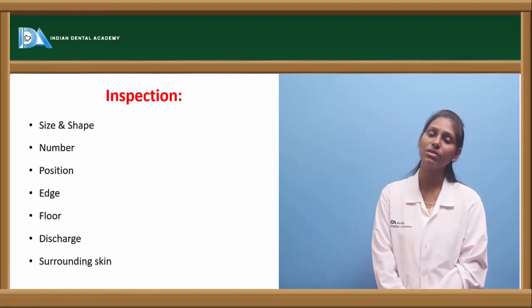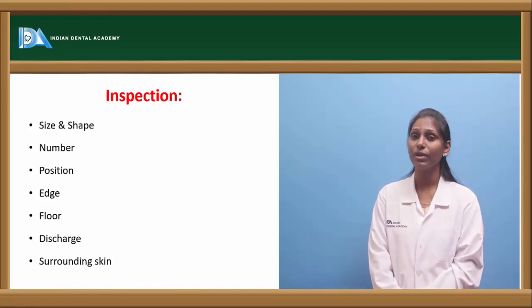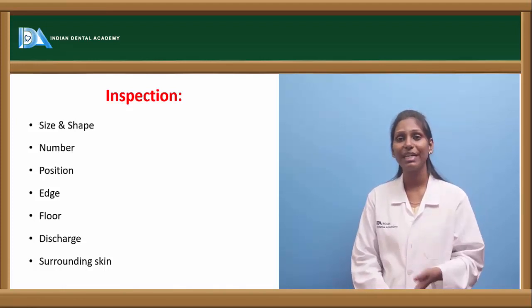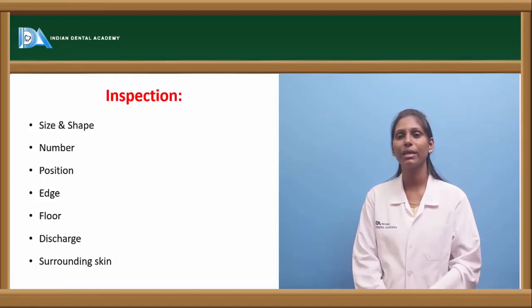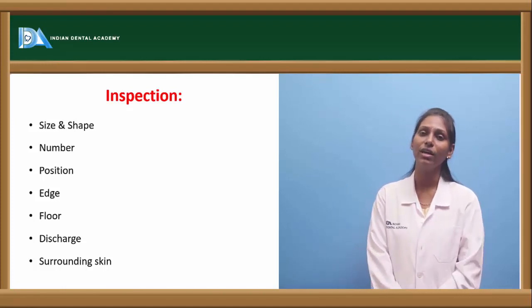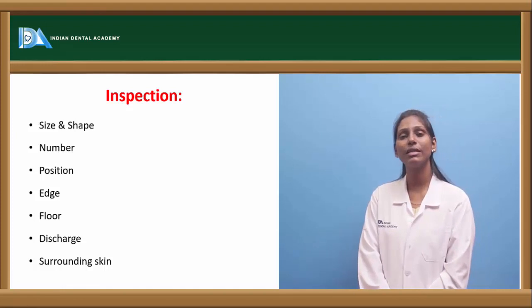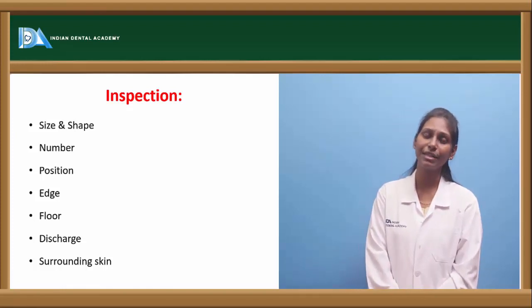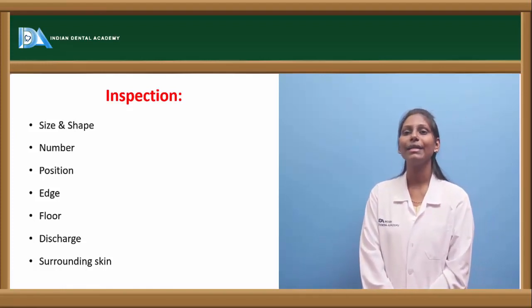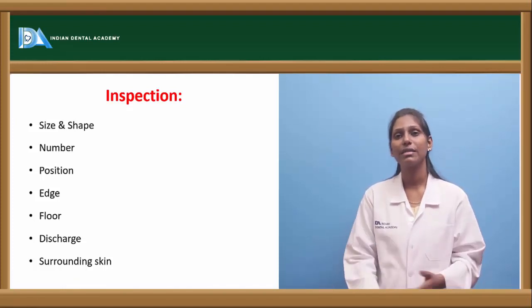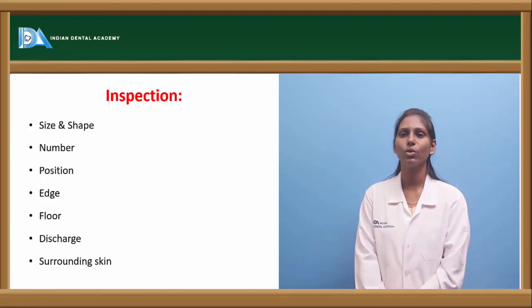And the floor of an ulcer also gives us an insight. If the floor is very black in color, then we can think about malignant melanoma. If the floor is very deep, where sometimes bone can be seen, then we can think about a pressure ulcer. Based upon discharge, we can identify whether it is secondarily infected or not. And any infection or effect on the surrounding skin will also let us know about the type